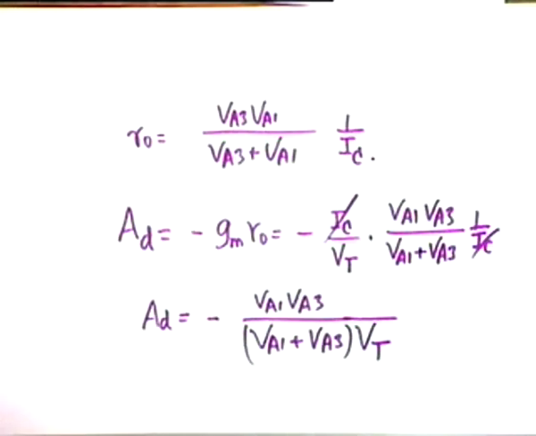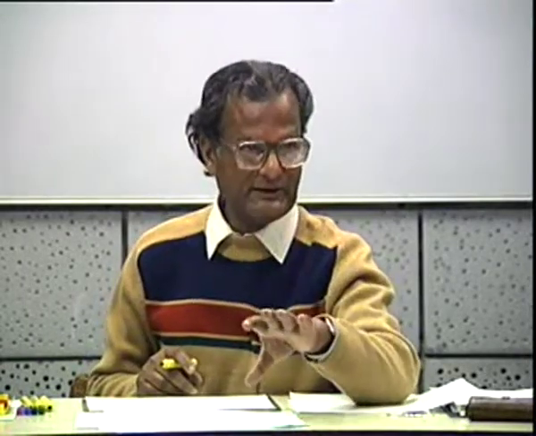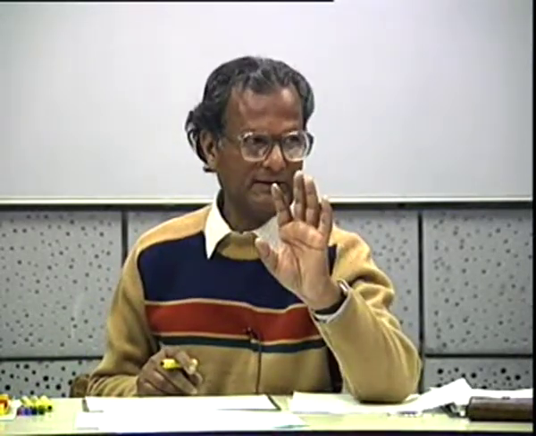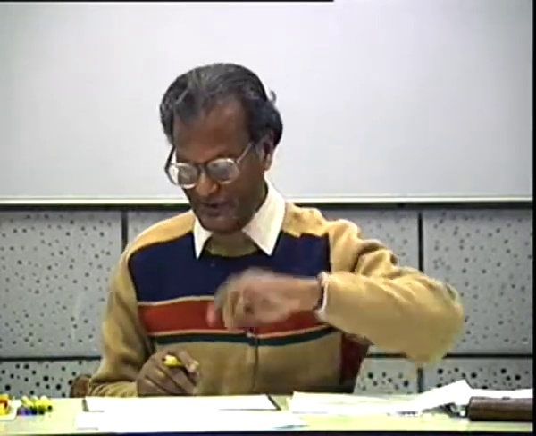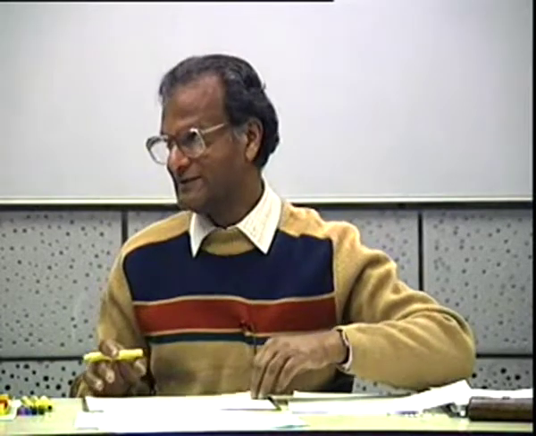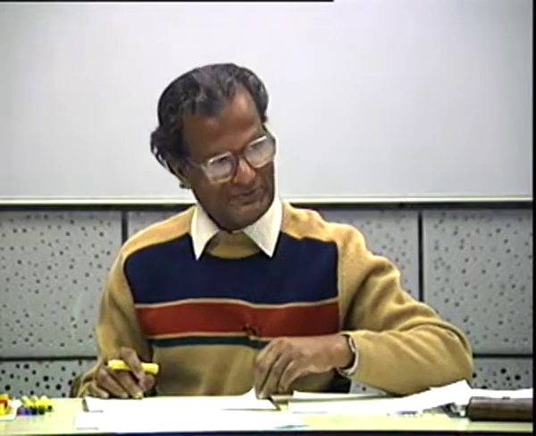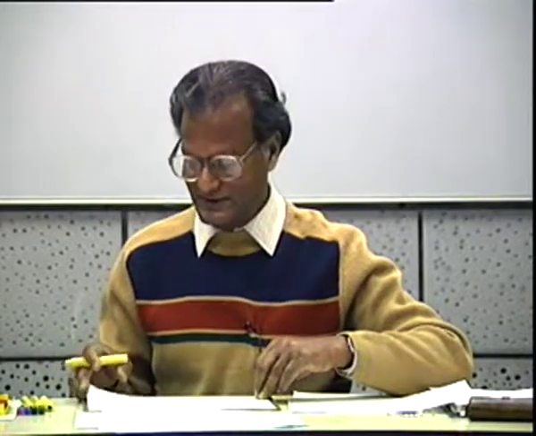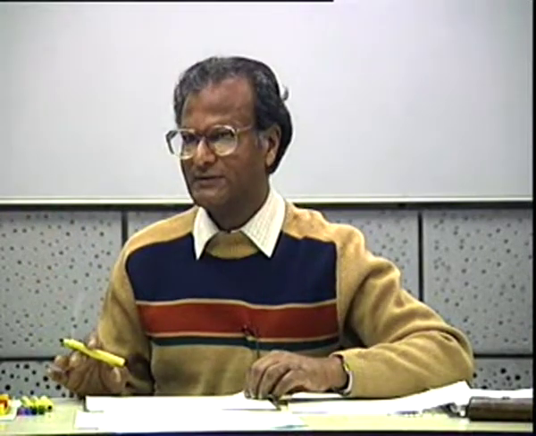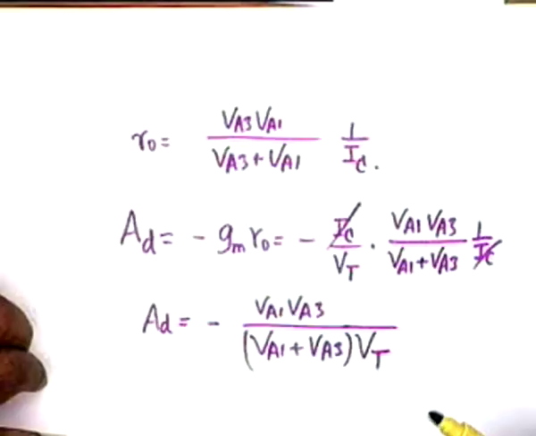Gain has become independent of I sub C. So even if there is a small change of I sub C due to some other reason, it does not affect the gain. The gain has been stabilized, provided the early voltages, the thermal voltage of course depends on capital T. So the gain is now determined if it's a constant temperature enclosure, as is the case in most of the equipment that are used. Well, the A sub D becomes independent of all other conditions in the circuit, except for temperature.